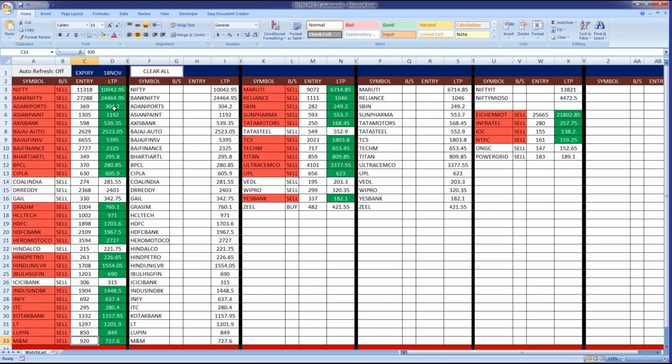So if you just see, all the scripts are in profits, and Tata Steel was under minor loss. Since the data is not, we don't have the market now. In case if I refresh tomorrow, it will show me in red, minus. This will go into red. So that is how we trade, and that is what I was trying to prove to you, that money will attract money, and definitely in case if you have money for investment, this is one of the best strategies that you can use in trade.